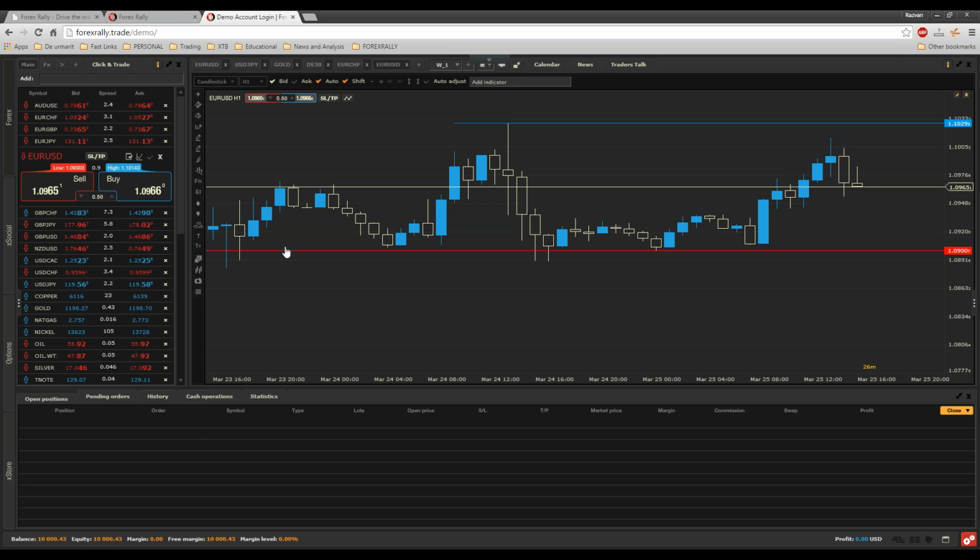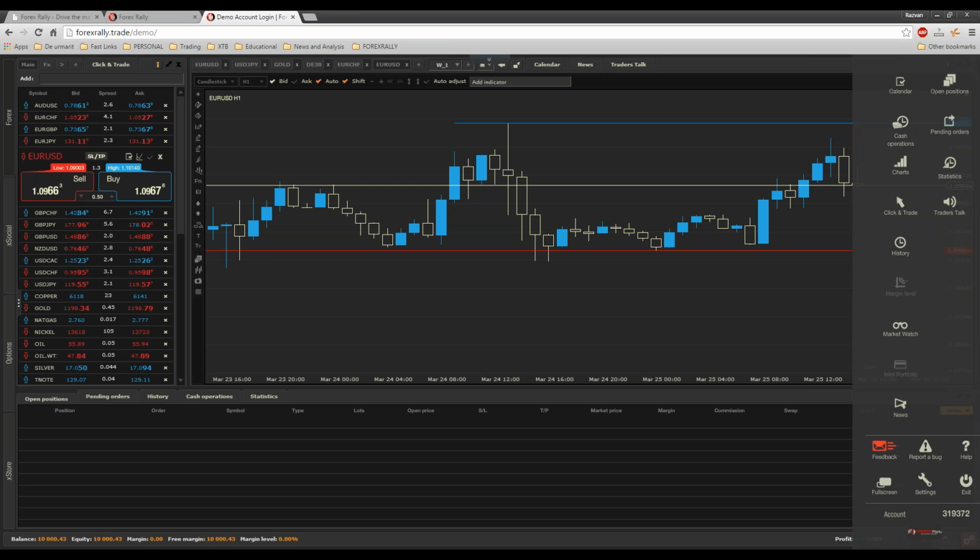Now, this is Xstation. You can log out quickly. Just click on this button on the right corner, exit, and you're logged out. No one will know your password. You just have to log in again on another terminal, on another browser.